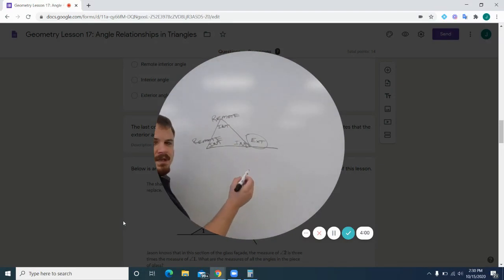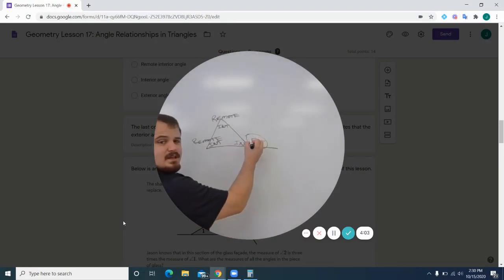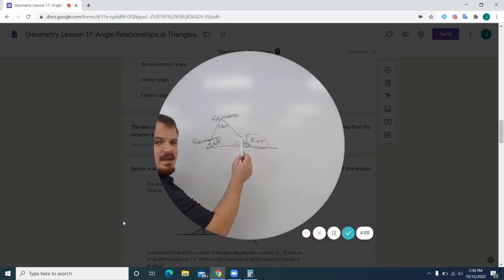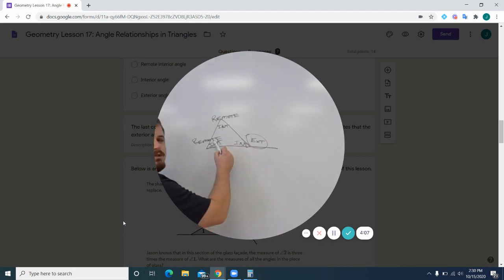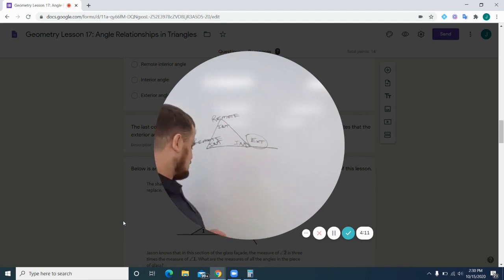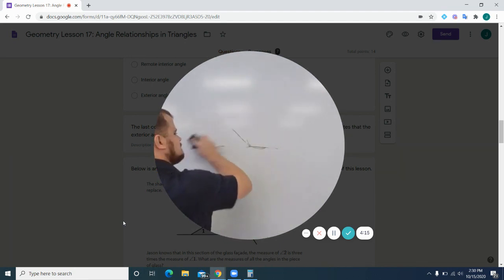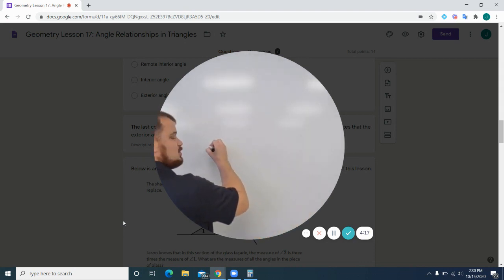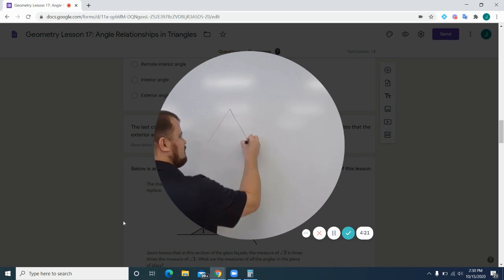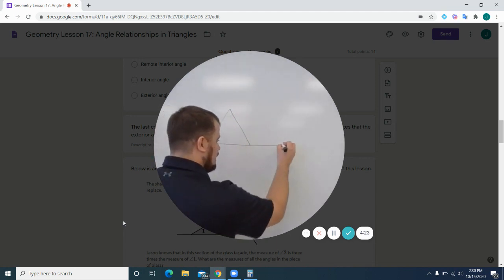Whatever this exterior angle is, it equals adding your two remote interior angles together. Think about why that works. There's a reason this works, and it has to do with the triangle sum theorem. So if I have a triangle right here,